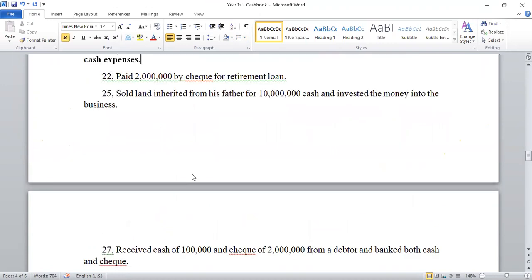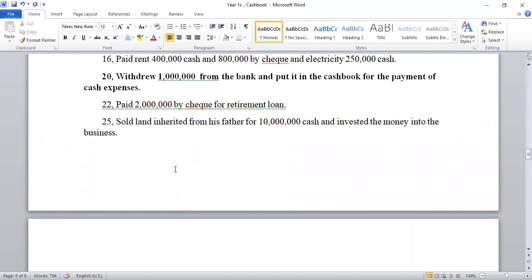So that was the 20th. On the 22nd, to remind you, when you're talking about the cash book, prepare a cash book, the transactions we're interested in are only cash and bank transactions. Where you buy something and you pay immediately, where you incur any cost and you pay immediately, or where you render a service and they pay you immediately. That's where we're interested: cash and bank transactions only.